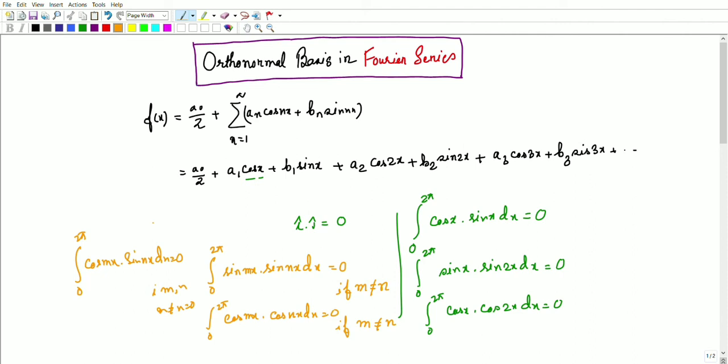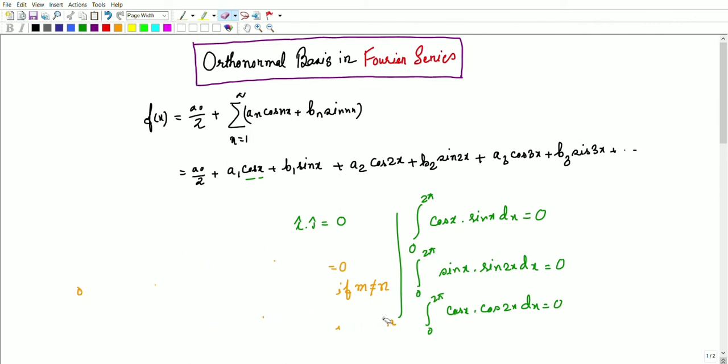Okay, so we have to check the orthonormality condition of these cosine and sine functions. These are the inner products of sine and cosine functions, which tell us that these sine and cosine functions are mutually orthogonal, and the sine functions are also mutually orthogonal if they have different frequencies. Okay, that is, cos x, cos twice x, cos thrice x, like that. So if you see the condition of orthonormality, it should be like that: